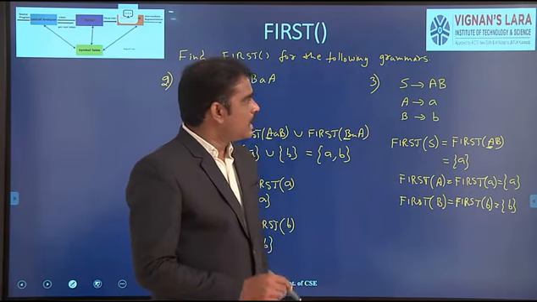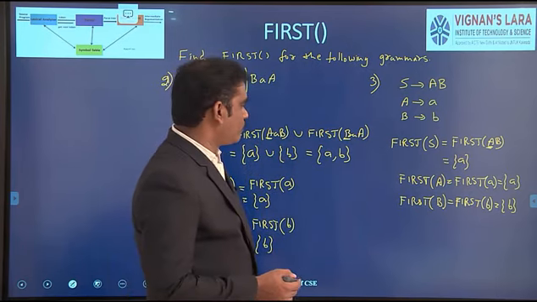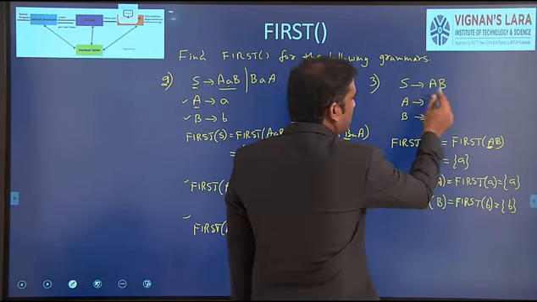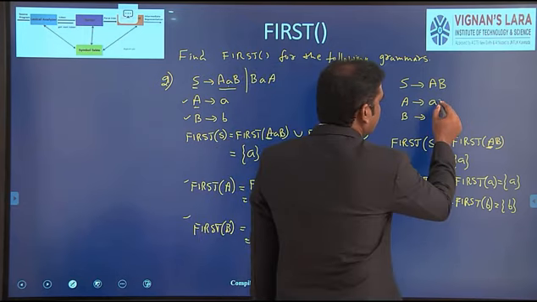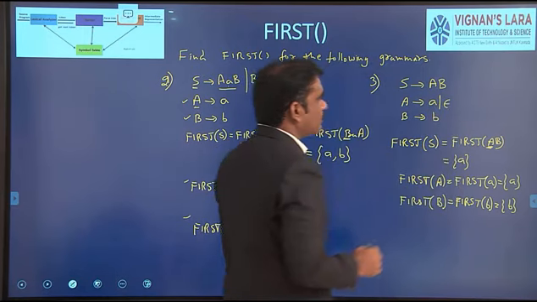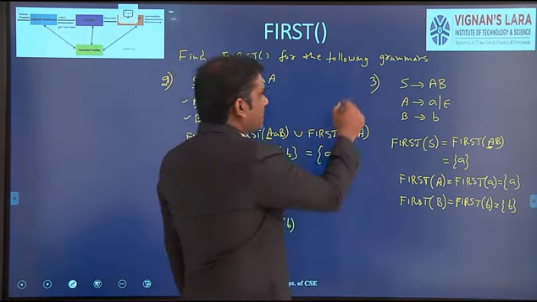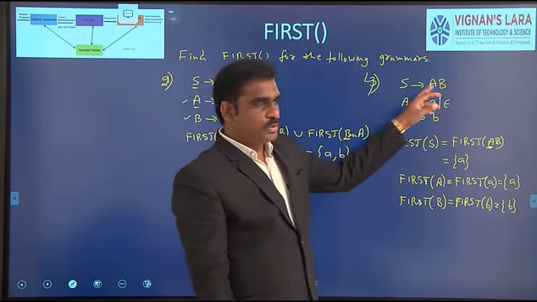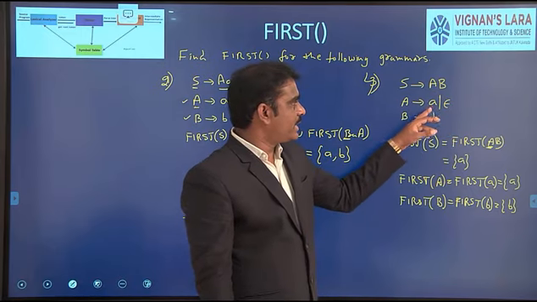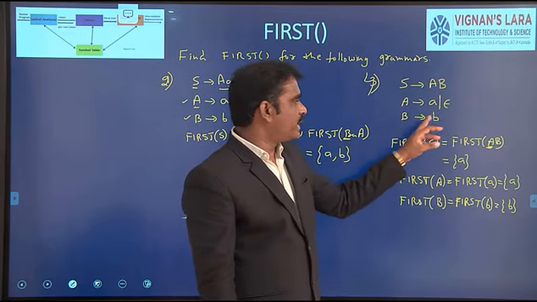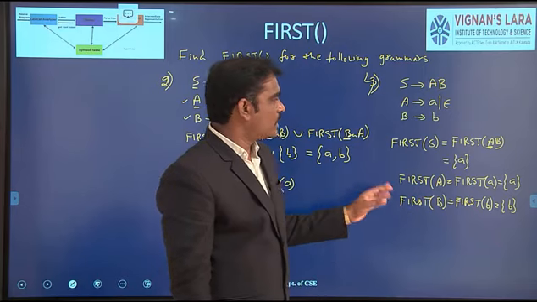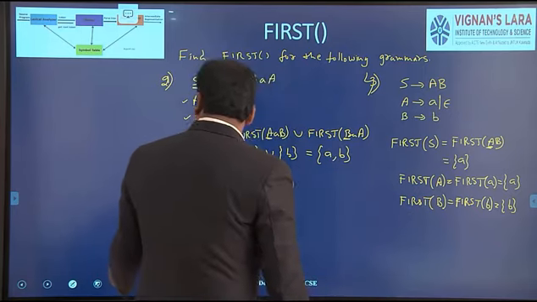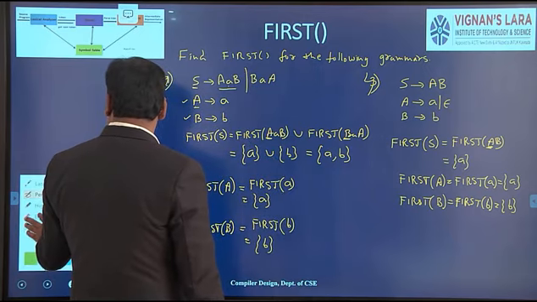Okay? And the fourth example. Suppose S goes to AB, A goes to a or epsilon, B goes to b. The fourth example is a grammar like this. Okay, find first. Here the first of S equal to